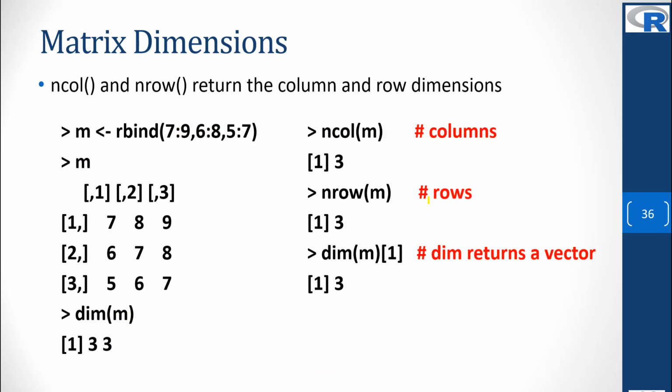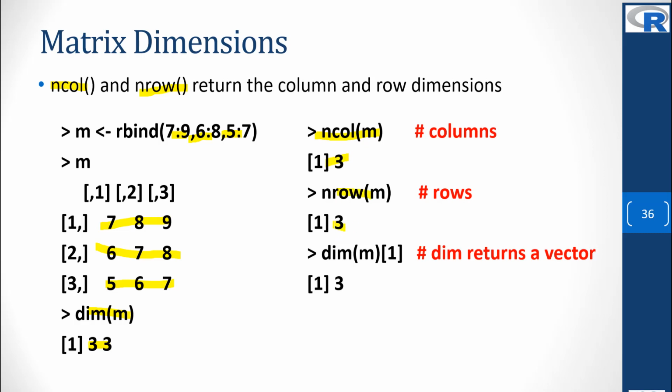If you just want to check one dimension instead of both dimensions, you can call ncol, which stands for number of columns, and nrow, which is number of rows, to get the column and row dimensions. So with rbind, we're binding 3 rows, 7 to 9, 6 to 8, 5 to 7. And we're calling dim, passing the matrix and seeing it's a 3 by 3 matrix. And then we call ncol with that matrix to see it's got 3 columns, or nrow to see that it's